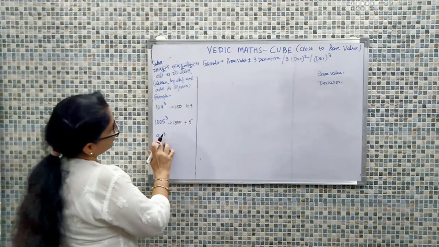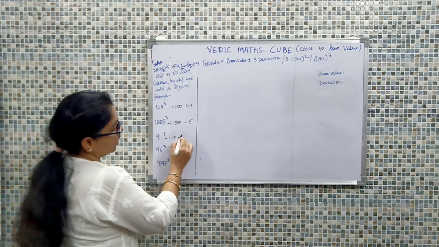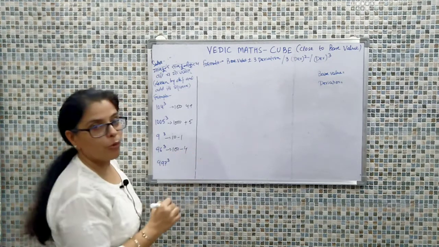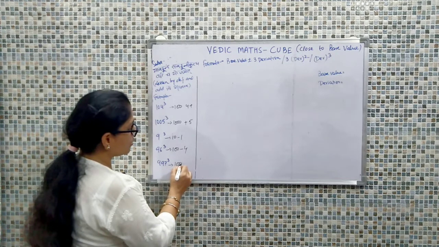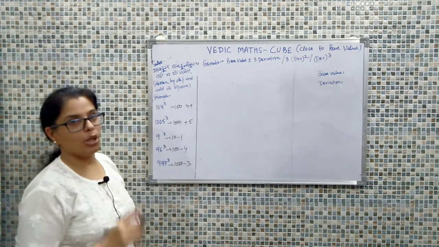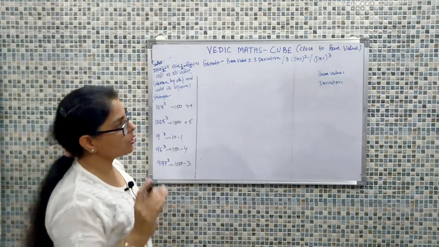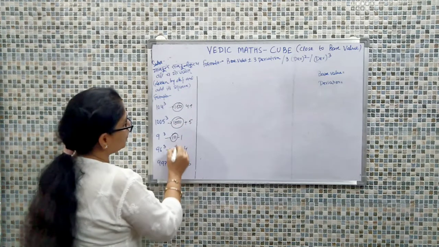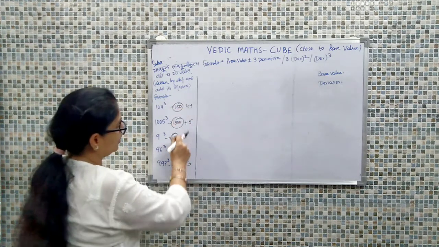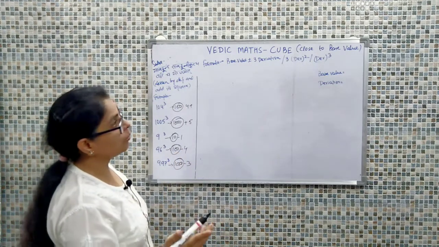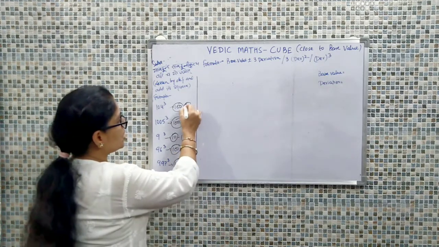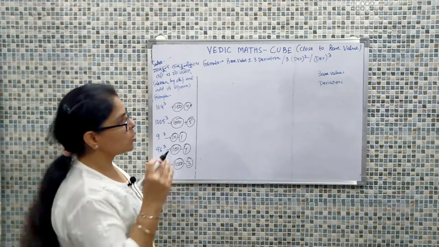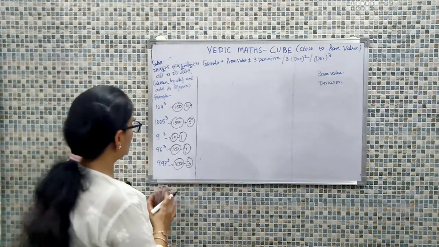Next, coming to calculating the cube of 9: 9 is closest to 10 and it is 1 less. Talking about 96, it is close to 100 and it is 4 deficient. And this particular value is close to 1000 and it is 3 deficient. As I have told you, whenever we make out the base, it will be a power of 10: 10, 100, 1000. The second thing is closeness to that base value. You can see the nature of these numbers: they are really very small. So for this concept we will move on with the calculations.